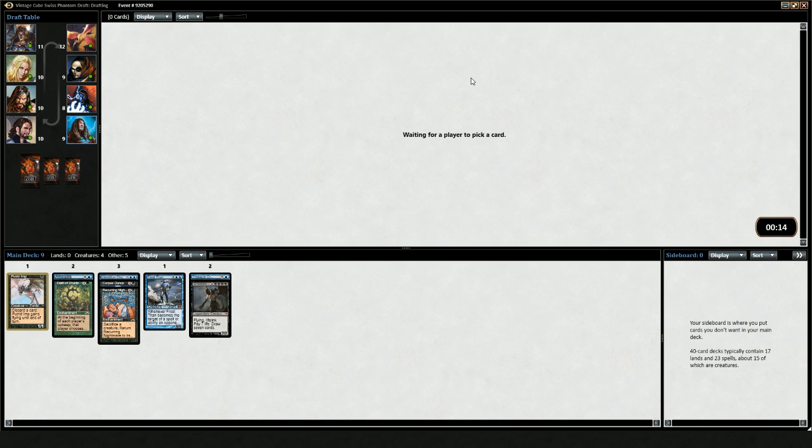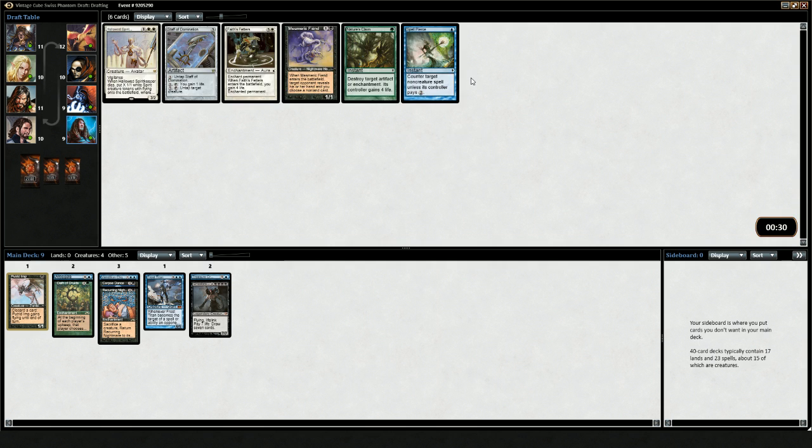Hopefully we can get a few more fatties to put into play with Oath of Druids. At this point, I'd like something like an Elesh Norn maybe, or a Blightsteel Colossus. I'm gonna take something as if this Oath of Druids is gonna be good later on in our deck. Normally, I think I'd take Mesmeric Fiend here as a nice